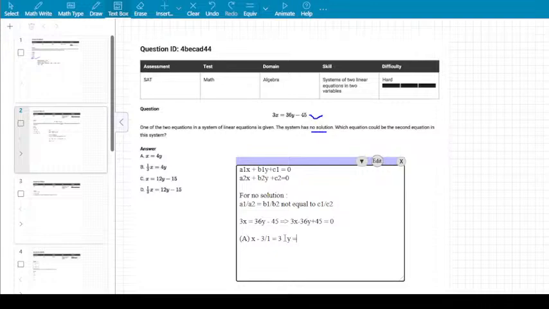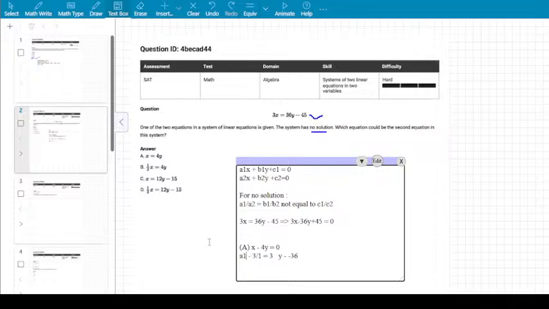For y coefficients, the coefficient of y here is minus 36, and the option can be written as x minus 4y equal to 0, just to bring it into the standard form where we have all the coefficients on the left hand side. So the ratio of x coefficients, let me write it as a1 by